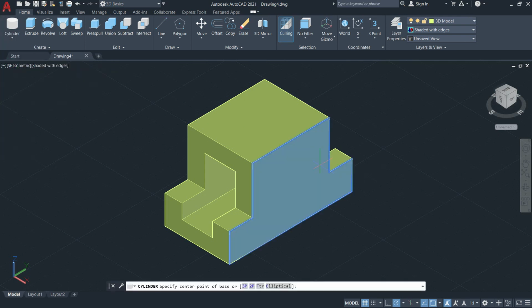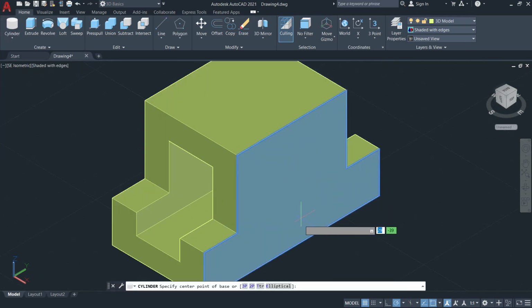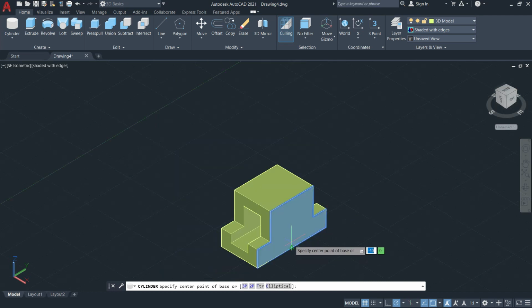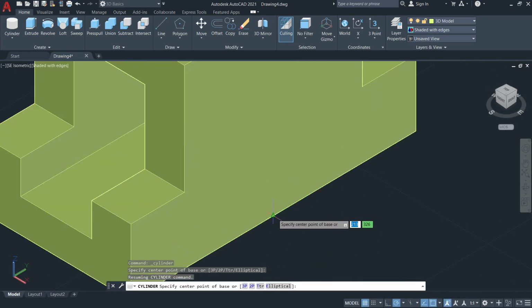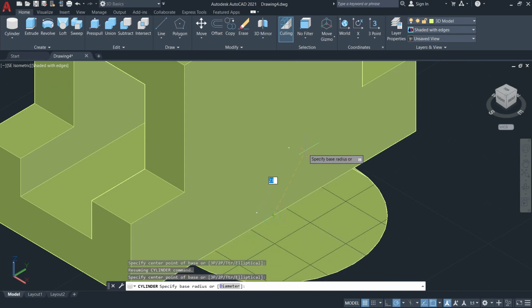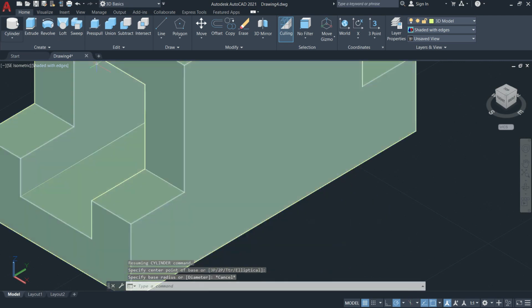Make sure that it is highlighted, under the midpoint, because the hole here is at the center of this face, so I'll use the midpoint here. Make sure that the face is highlighted,